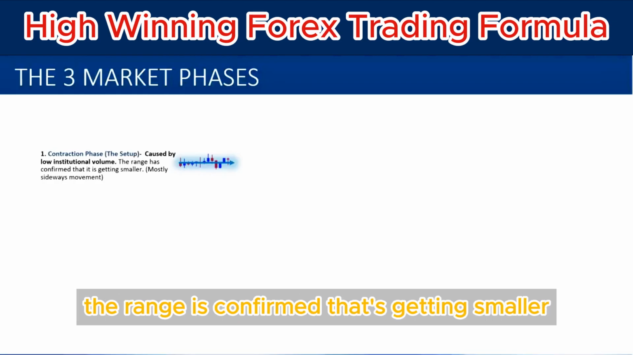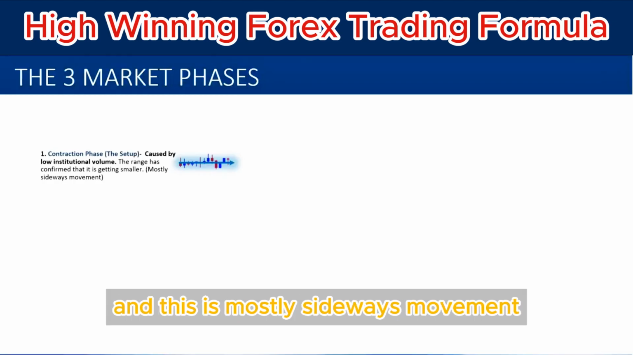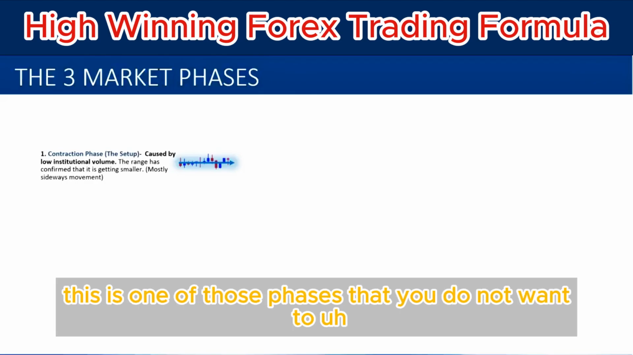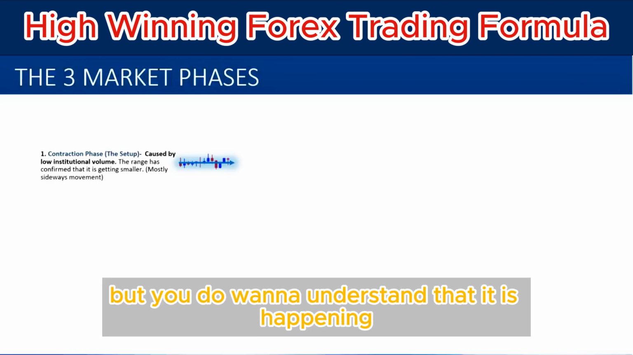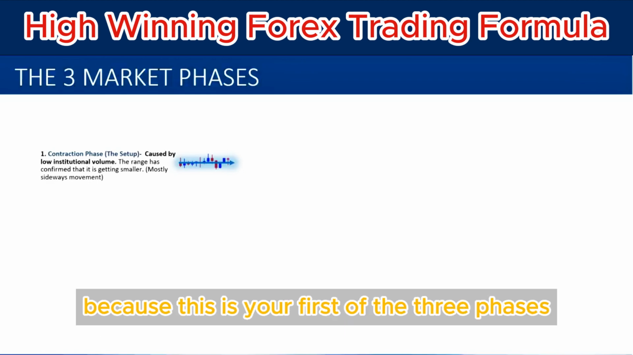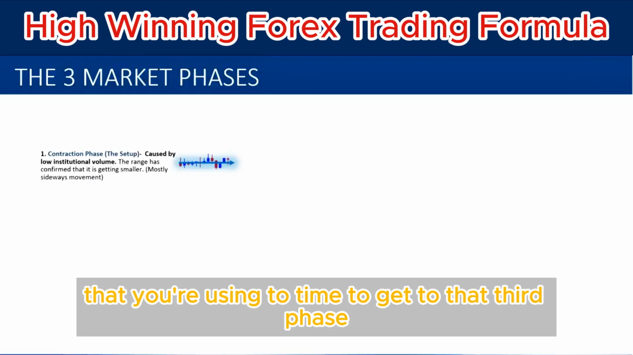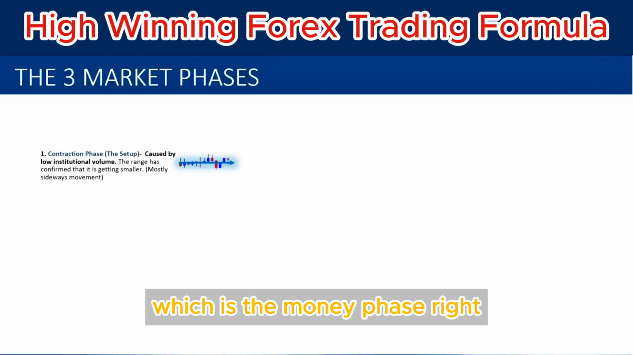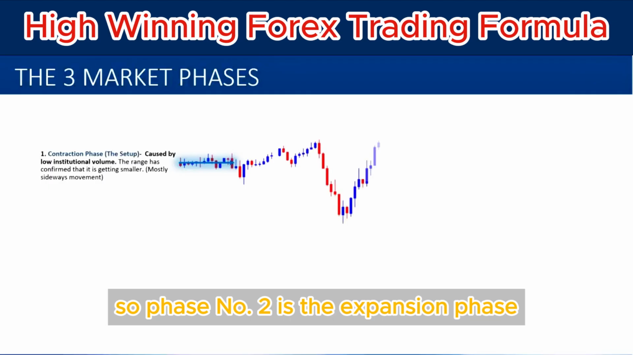Okay? The range is confirmed that's getting smaller, and this is mostly sideways movement. This is one of those phases that you do not want to get caught trading in, okay? But you do want to understand that it is happening because this is your first of the three phases that you're using to time to get to that third phase, which is the money phase, right? So phase number 2